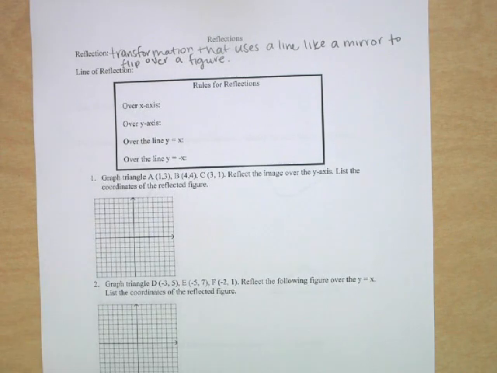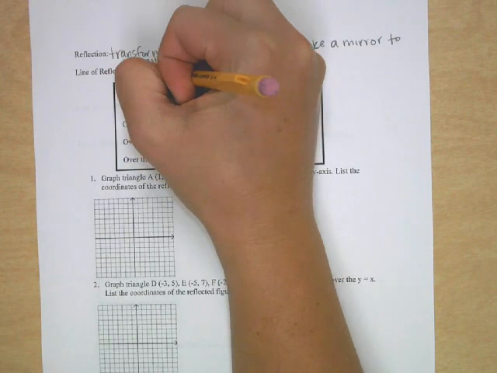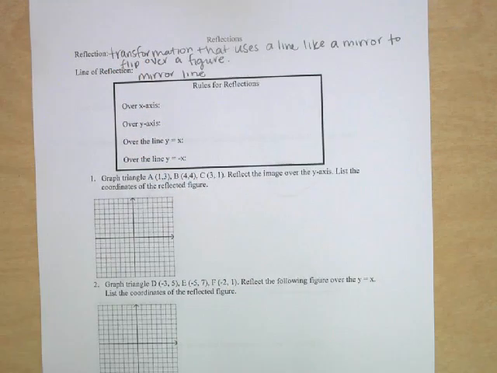And then the line of reflection is that mirror line that we're using. Okay, that's what's going to use it to flip that figure over and change it into